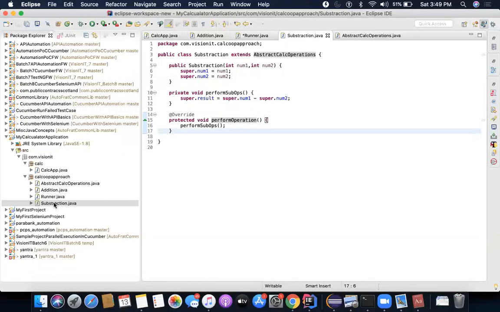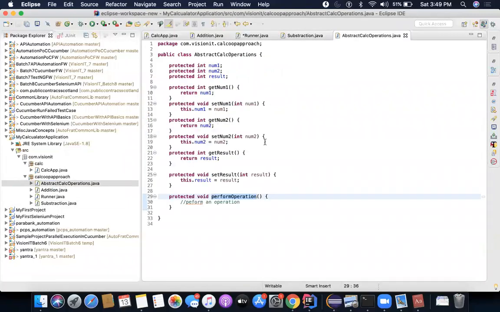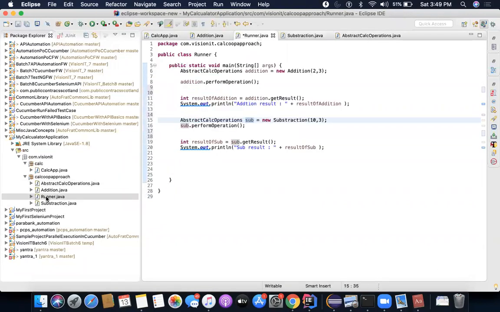We can again make it better, but I'm not going to talk more into it. We can make it as an abstract class, but we will not do that as of yet. We'll do that maybe in the later classes. But for now, the concept of how to implement object oriented programming is what I actually tried to explain.